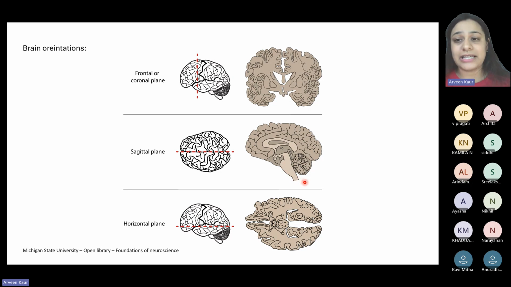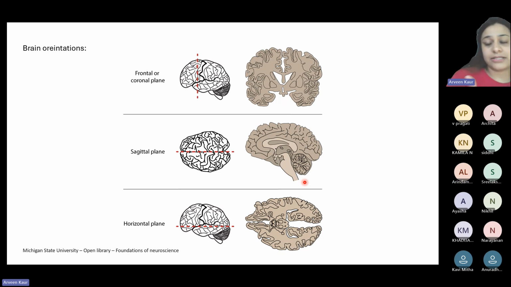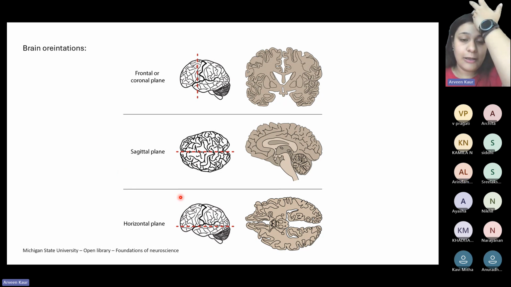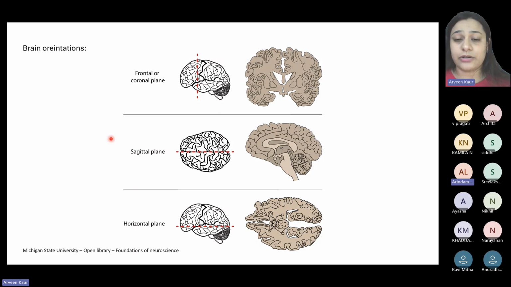To visualize this morphology, specifically of the cerebellum or the hippocampus and even other brain regions, sagittal cuts are actually preferred. A sagittal cut will be along this plane. Along the corpus callosum, if a cut is placed, that will be a cut along the sagittal plane, and it will be known as a sagittal cut.